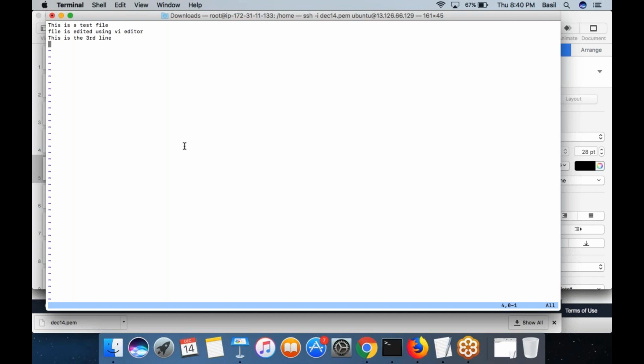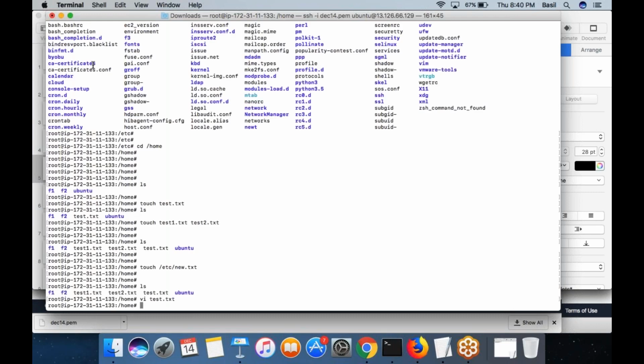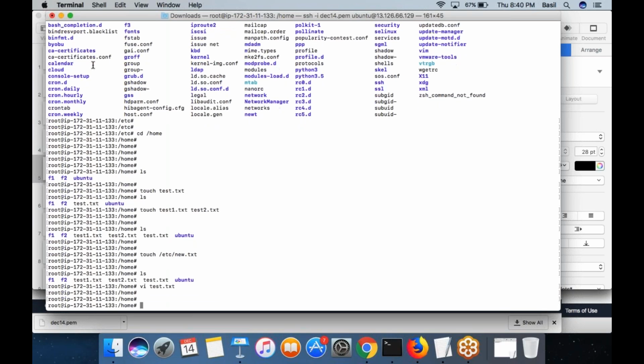q is a command that will close the VI editor. So there are different commands I can type inside the VI editor. So in order to type any command, first press escape button, then put a colon, then specify the command that you want to run. w means it will save the file. Colon w will actually save the file. Now the file is saved. Whatever modifications you made have been saved. Now you want to close the VI editor. The command is q. Again press escape, colon q. q is the command which will close the VI editor. You will get back to your terminal.